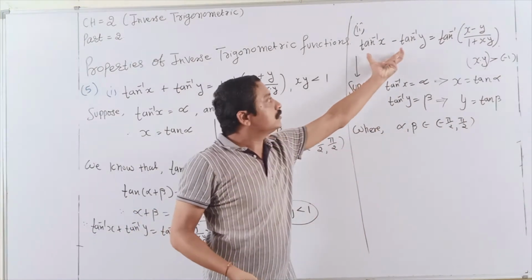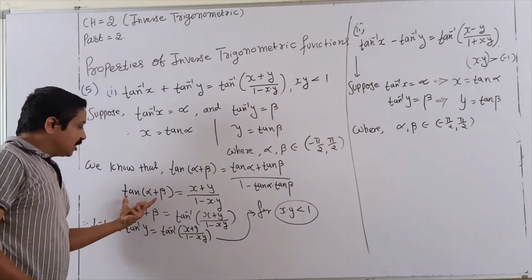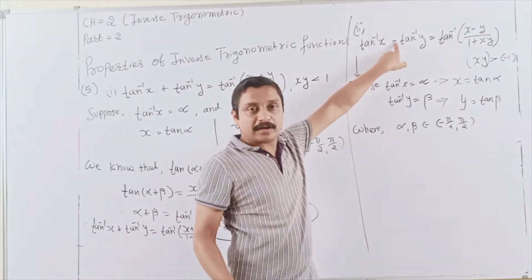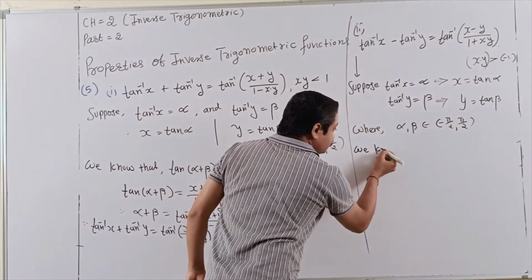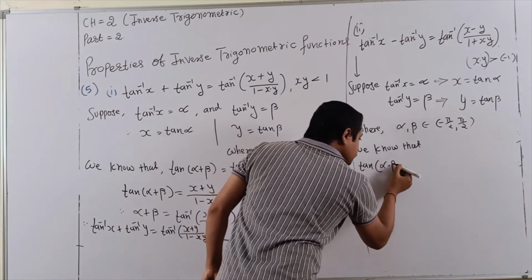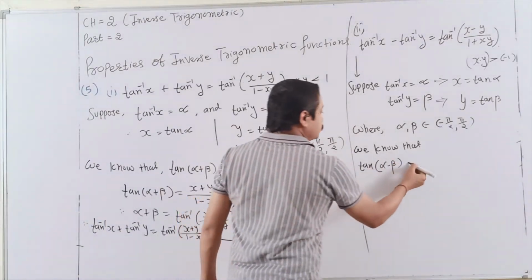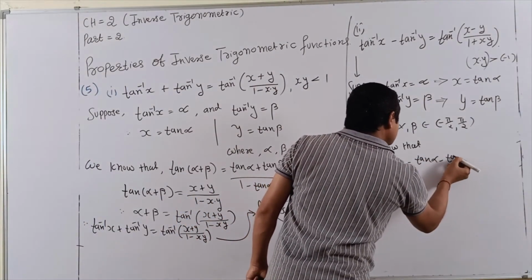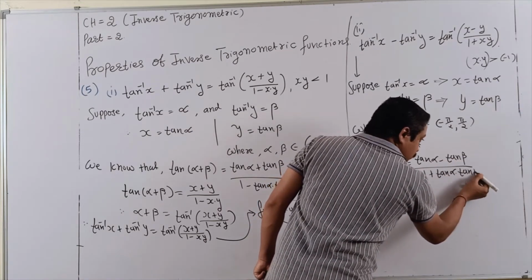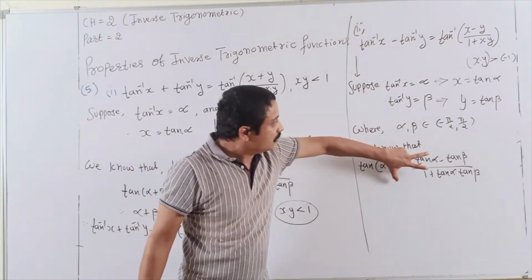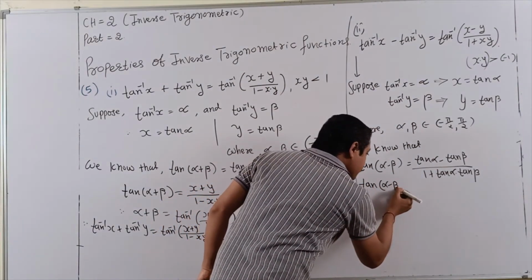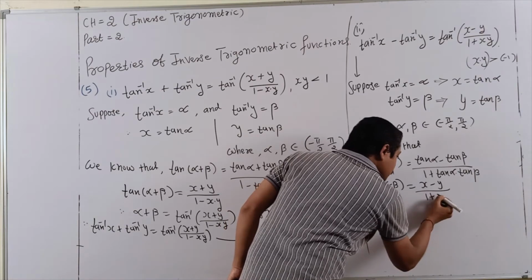Now all these values create this value in the form of tan(alpha plus beta), because here the real quantity is plus, and here I am putting minus. So we know that tan(alpha minus beta) is equal to (tan alpha minus tan beta) upon (1 plus tan alpha tan beta), and these values x and y we just apply inside. So tan(alpha minus beta) is (x minus y) upon (1 plus xy).